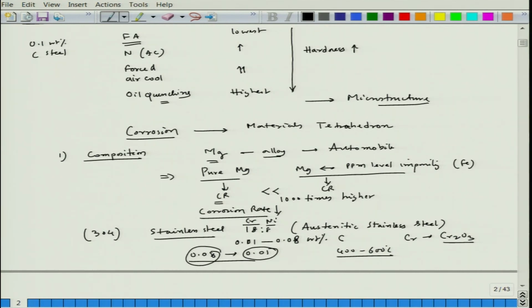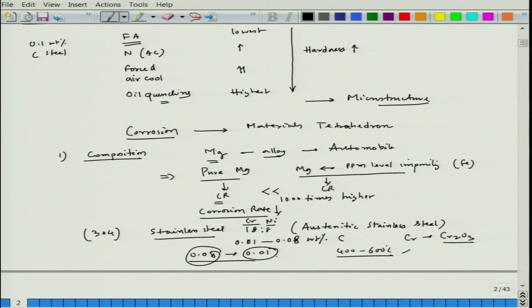But if the carbon content is less, 0.01%, even if the steel is by chance taken to this particular temperature range, since the carbon content is less, chromium does not have a sufficient carbon atmosphere to form chromium carbide. So, chromium carbide does not form along the grain boundary, and the sensitization tendency would be less. But there still will be a chance, because if you hold it for a longer period, finally it will form, but at least the chance of formation of chromium carbide along the grain boundary will be less if the carbon content is less.